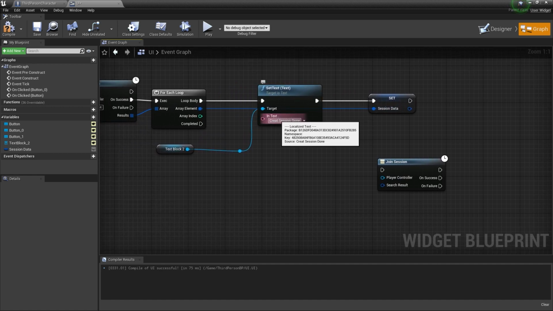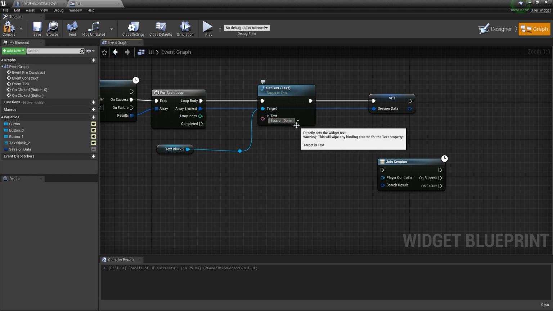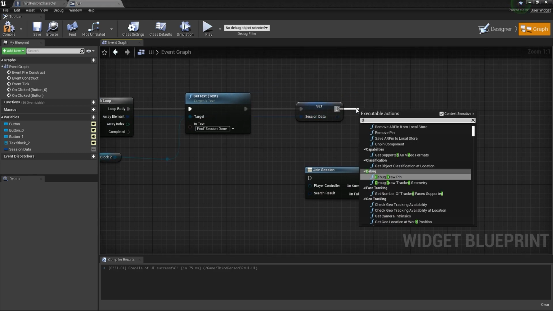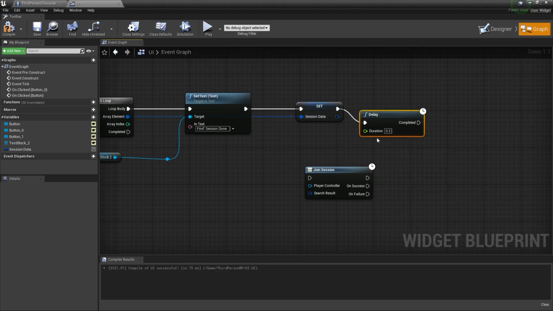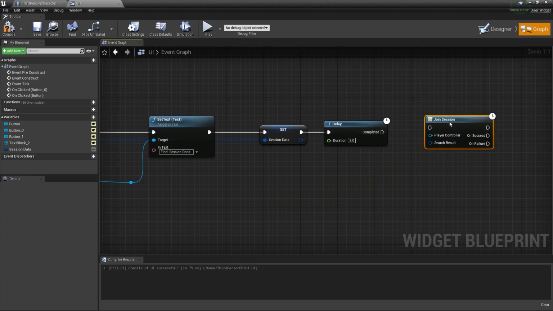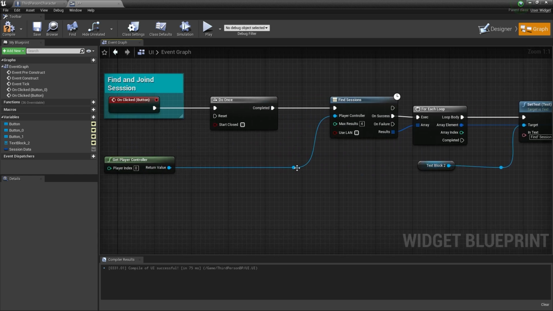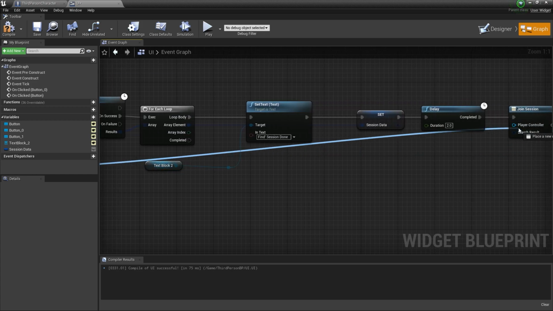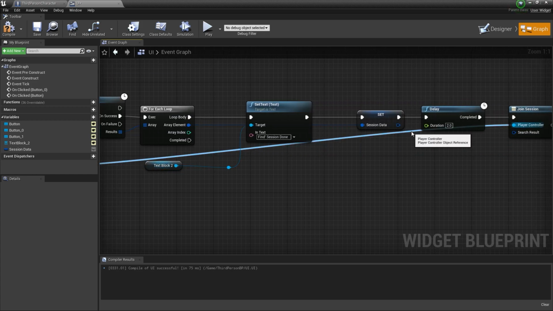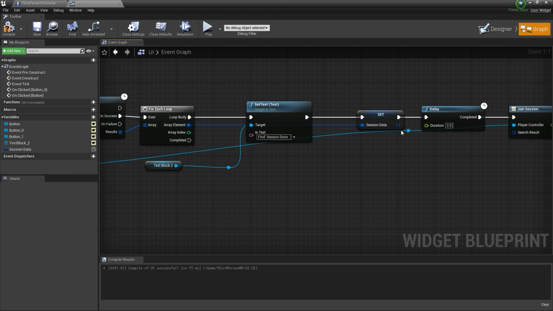So here let's print Find Session Done. Then after that, a Delay of 2 seconds, and after that we can join the session. Now we need the Get Player Controller, so we'll connect it with our Get Player Controller. Let's double click the pin here so we can adjust it and it will look nicer.